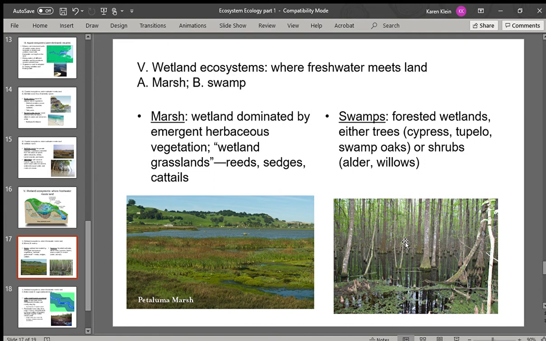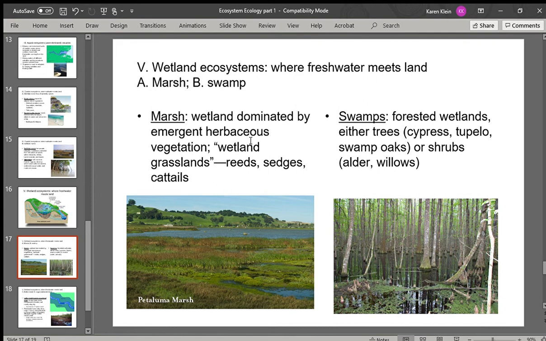Now, marshes and swamps are two very common wetlands. A big difference in the two. Again, the terminology cannot be exchanged. They're both wetlands, that is correct. However, if you have a wetland, again, freshwater with a terrestrial component, where you have it predominated by grasses, so you have water here and you have grasses, reeds, sedges, and cattails, that is where we would say you have a